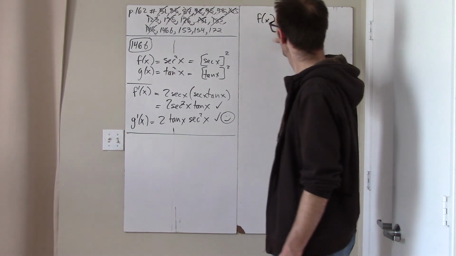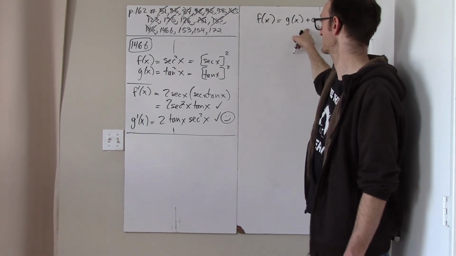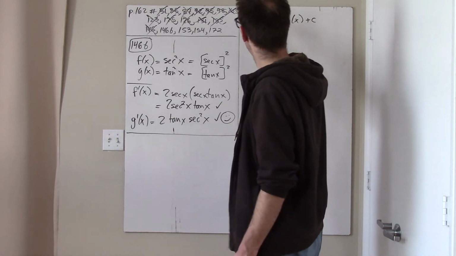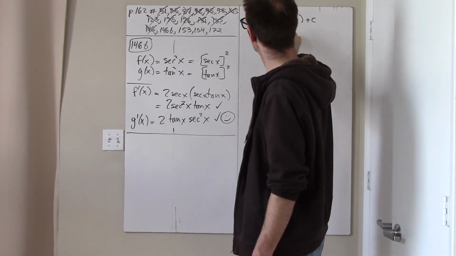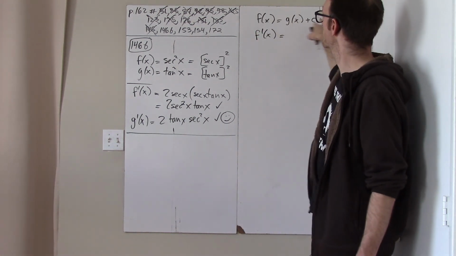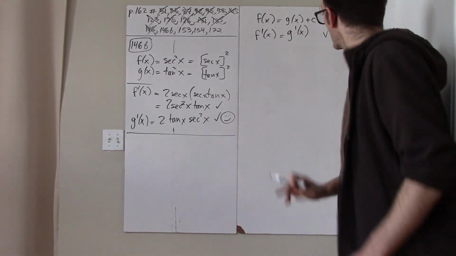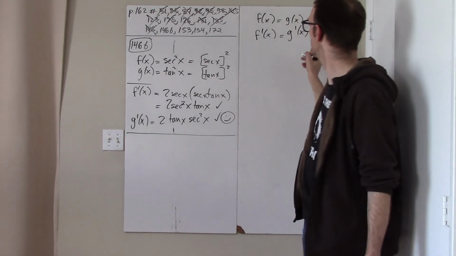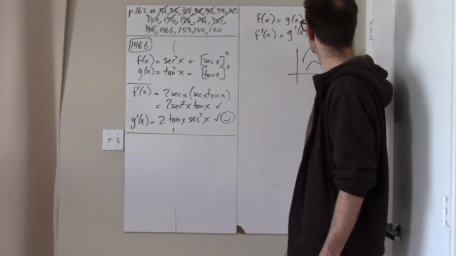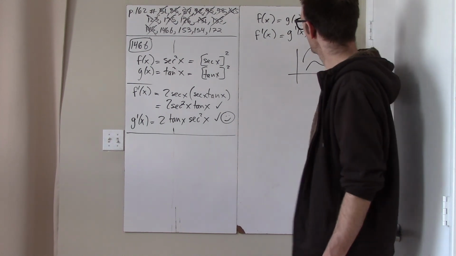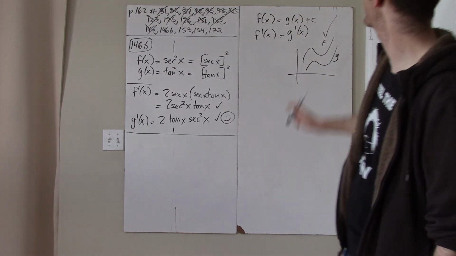It's clear that if you have two functions, f and g, which are basically the same, but one has just been moved up, or they differ by a constant, then by just differentiating both sides, when you take the derivative of the left, you get f prime. When you take the derivative of the right, since the derivative of a constant is 0, you get that. And so the logic says if two functions differ by a constant, so if you have two functions f and g and the gap between them is just c, then of course they have the same derivative. The slope of the tangent line should be the